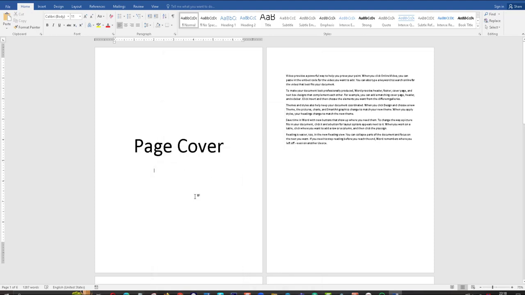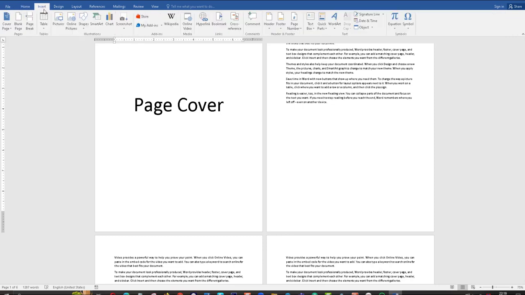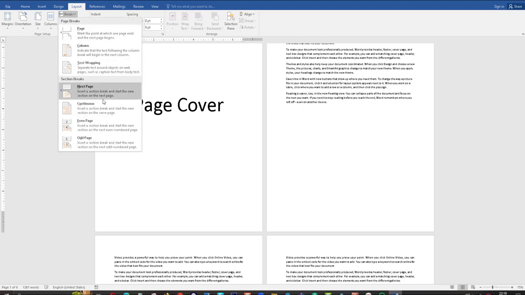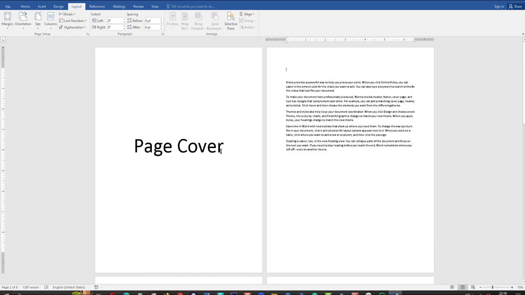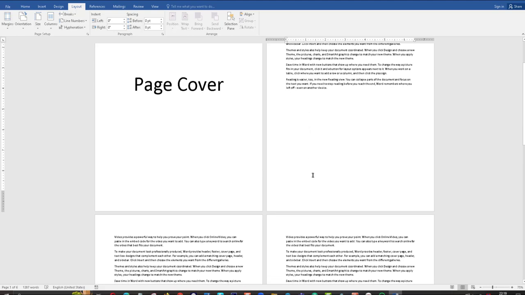First, I am going to add a section break here, at the end of the first page. I go to Layout, click on Breaks. You can find this one, Section Break, Next Page. Okay, I add a section break at the end of the first page. That means the first page is included in the first section. Okay, then I am going to add